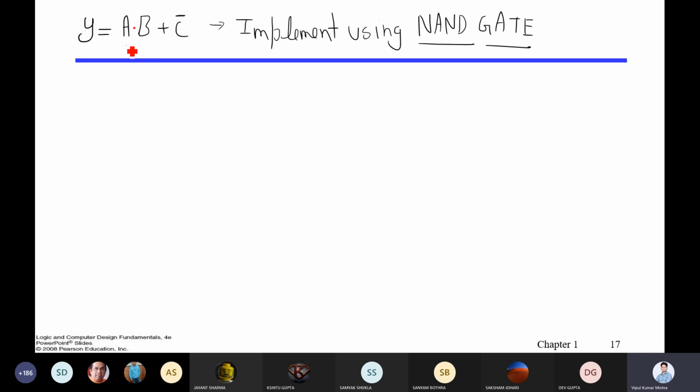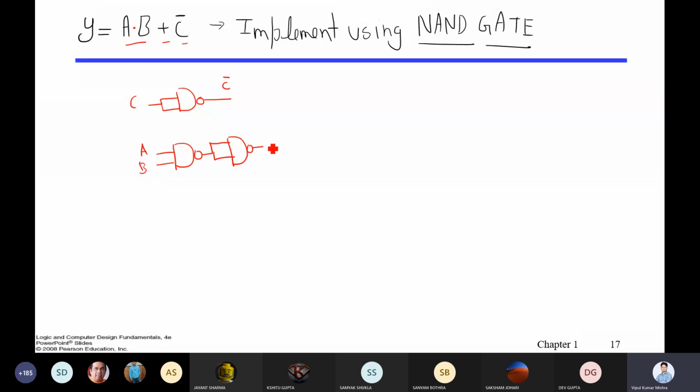So first of all, we have one AND gate, one OR gate, and one NOT gate. All three gates are available. And we have to utilize the NAND gate to solve this problem. So first of all, let's start with this NOT. Let me take C as input and output. So you'll get C bar here, right? Now I want to do AND here. So for AND, I will take this.